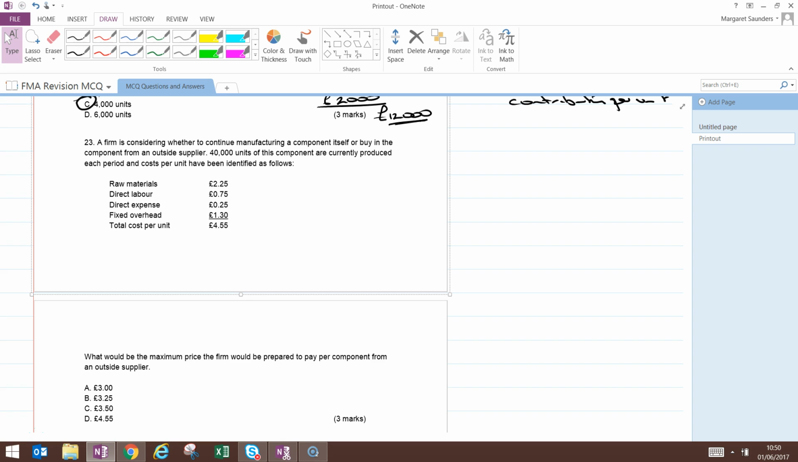Now bear in mind this is marginal costing. So in all our marginal costing decisions we are only concerned with the marginal cost or the variable cost. So our marginal cost of making is the variable costs, which is the material, the direct labour and the direct expense. It is not the fixed overhead. That is not part of our marginal cost. So the marginal cost of making